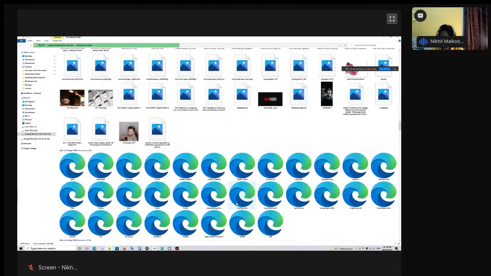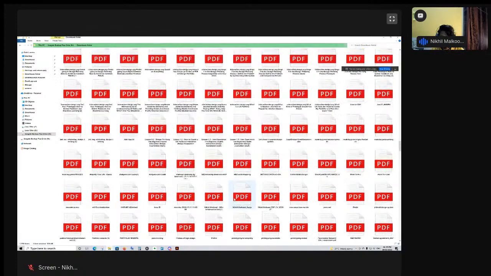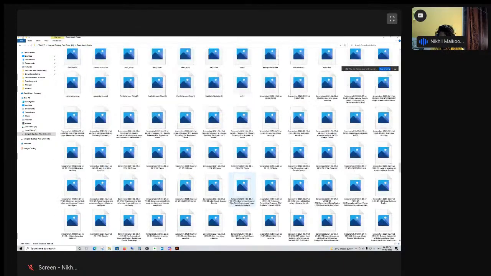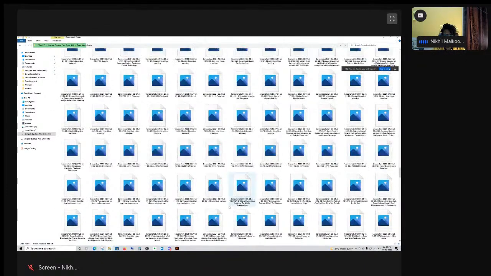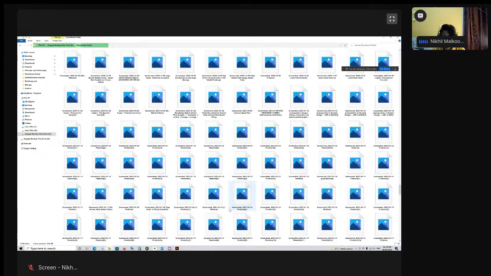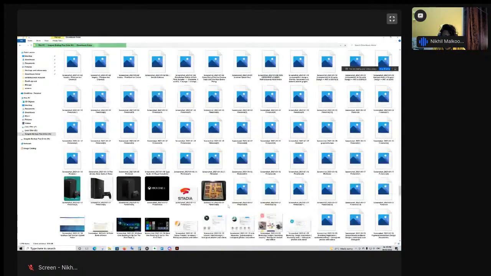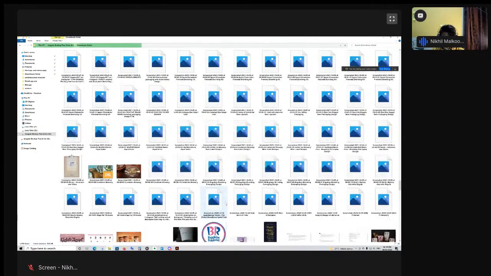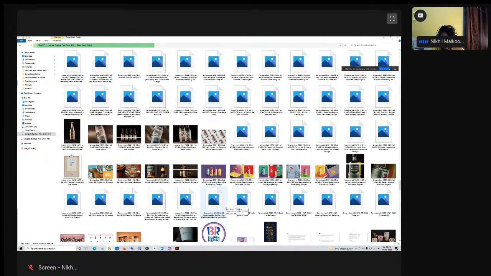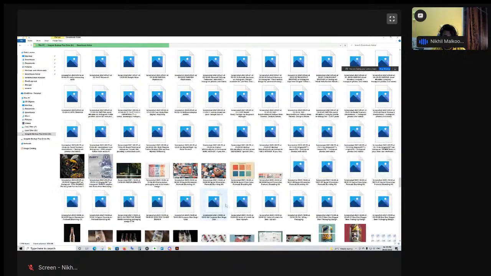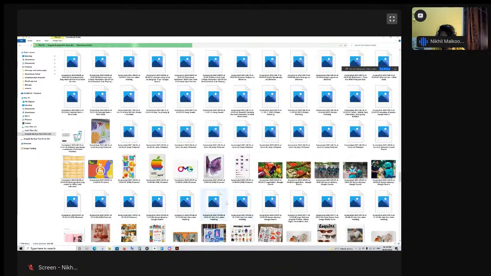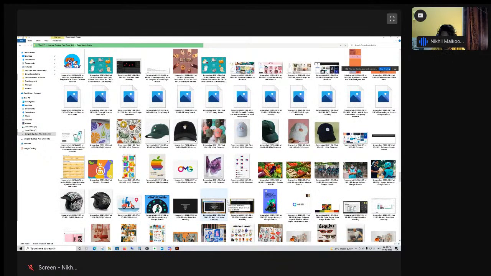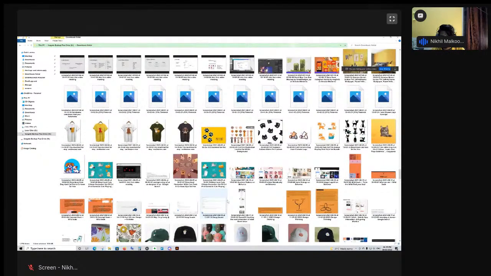Where did that go? This is the problem with designers, folder. You don't get that file that easily, because I'll be working on so many projects simultaneously. It's very hard for me, I don't get time to even make a folder and keep it inside. Normally, what I do is if I get a little bit of leisure time in between after completing a project, what I do is I